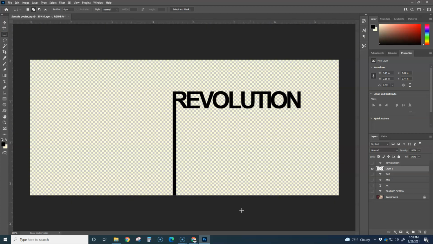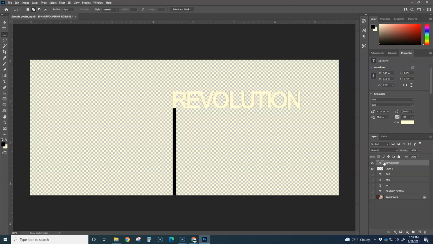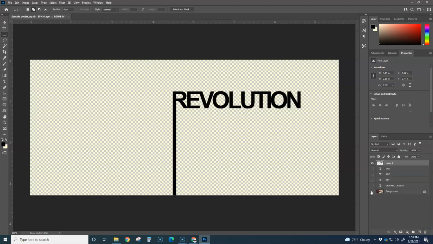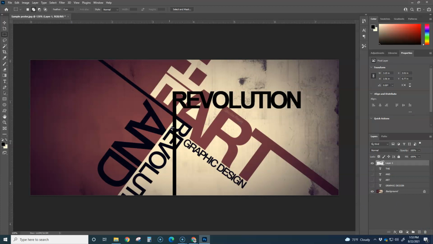So I have revolution type, so technically I don't need this anymore. I don't need to see that, so I'm going to go ahead and delete that, just so that I don't have a bunch of layers that I don't need. So I have that. I'm going to take the "and" and in this case I'm not making any edits to the "and", so I'm just going to go ahead and